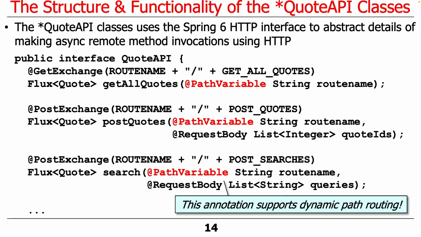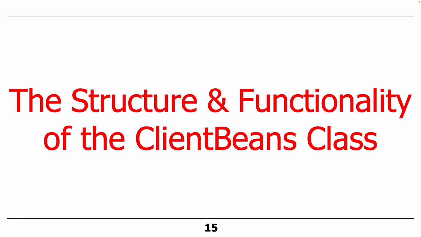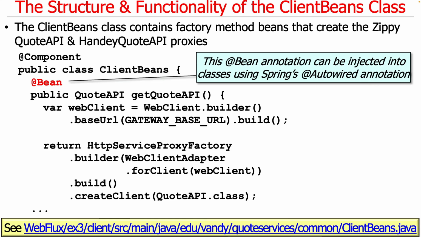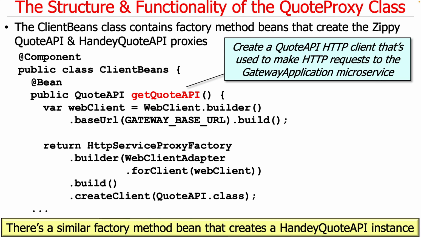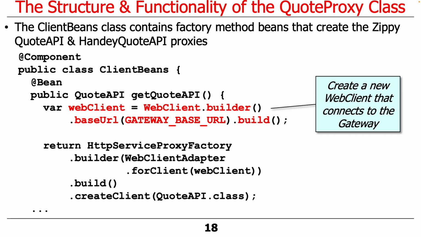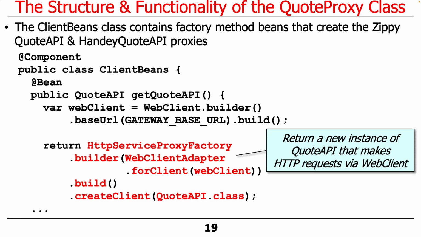And then the last piece of the puzzle here is the client beans class that makes one of these QuoteAPI objects. And we do it as usual with the annotation. And we have a method called getQuoteAPI. The key thing here is it makes a QuoteAPI. That's really what should be highlighted here. And you can ignore that because I didn't have to do that anymore. We use the builder to make ourselves a web client that's connected to the gateway base URL. And then we use this HTTP service proxy factory